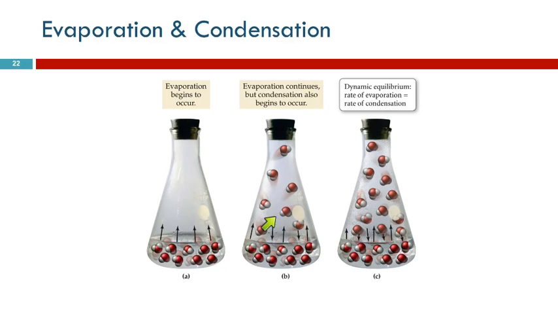So the rate of condensation is going to depend on how much surface area there is, because if there's a big surface area, that's a big target and more of them are going to hit it. But also you'll have greater evaporation. And so the surface area of the container does not have an effect on the vapor pressure. The temperature here doesn't affect the rate of condensation either, but it does affect the rate of evaporation. Higher temperature, higher evaporation rate, so you're going to have more particles here and a higher pressure. Was that good enough?